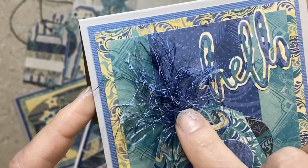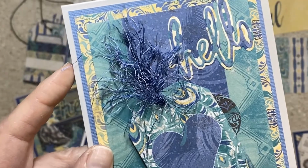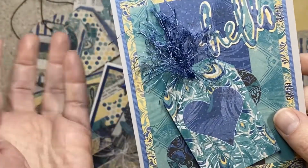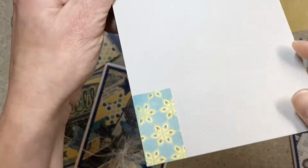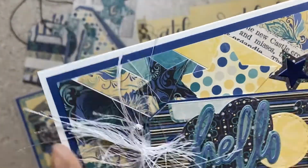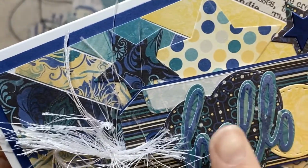And the eyelash trim reminded me of the dresses, you know, I don't know what they're called, but I thought eyelash trim was good. This one doesn't have a whole lot of contrast, but it's still pretty cute, so I like it. And then it has a scrap on the inside. Hello, has a bunch of stars, has a little bit of blue mirror paper right there,